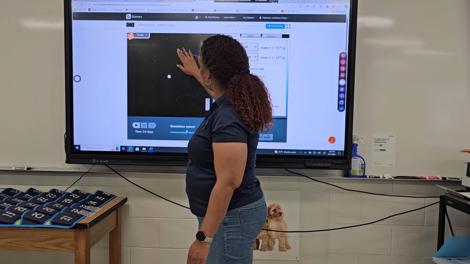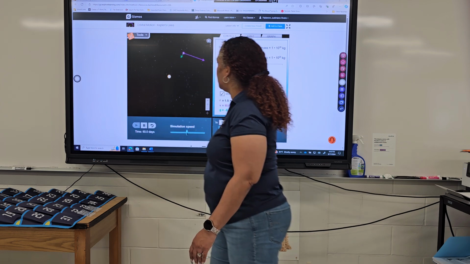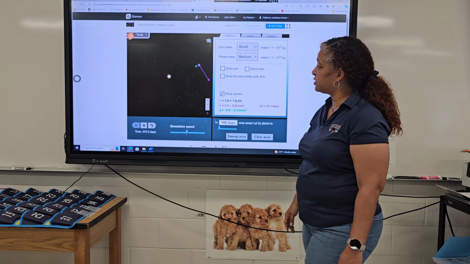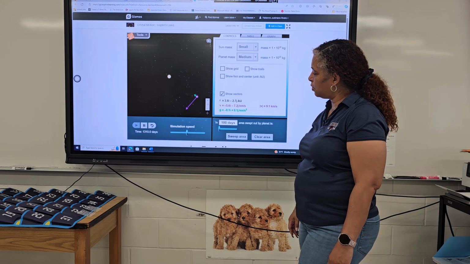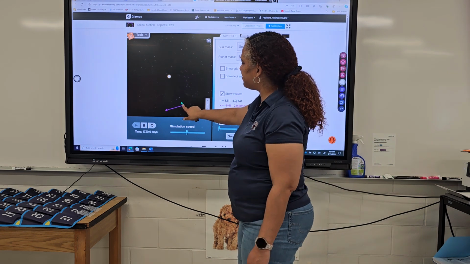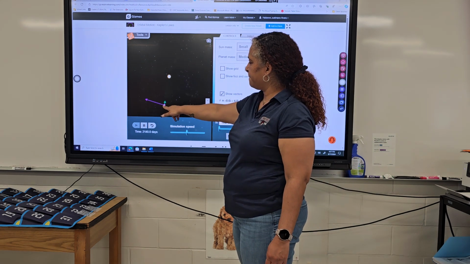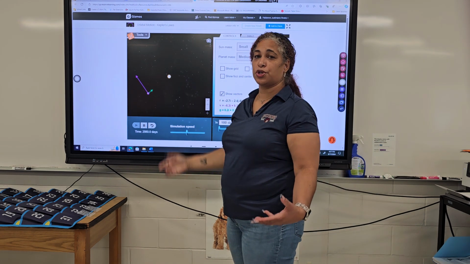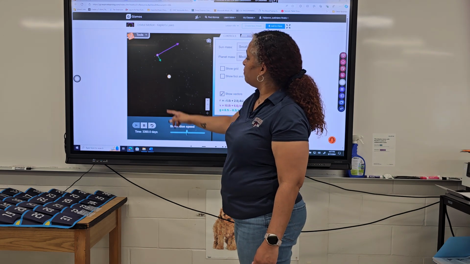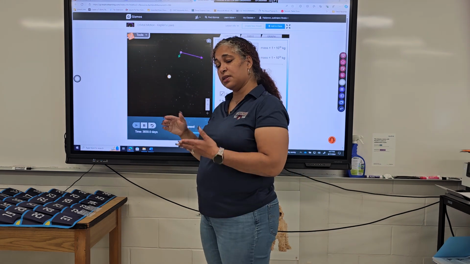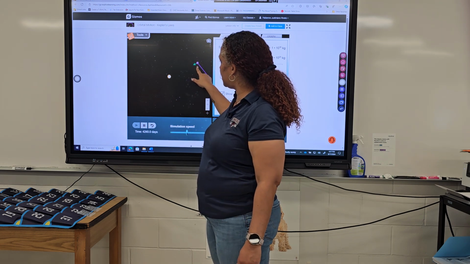Okay, if we were to move it away, now you'll see it moves slower. It's further away, so the gravitational pull is much smaller, showing the further away you get from the sun, the weaker the pull. But as it got closer, because it is on an elliptical pattern, you did see that